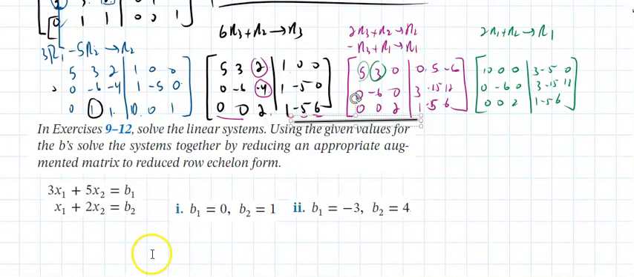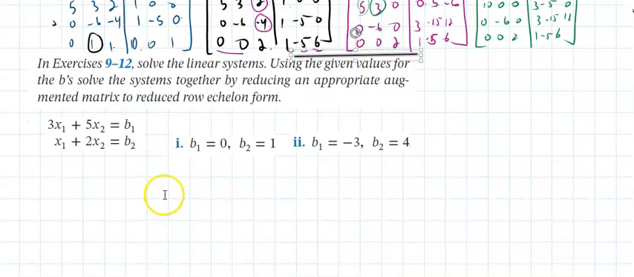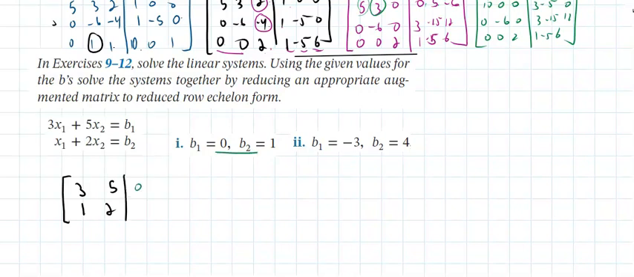Now, when I get to this problem, they say, okay, solve the system of equations given the values of b's. Notice we have two values. So the way I do this, I say, well, there's 3, there's 5, there's 1, there's 2. First, I will list those 0, 1. I'll put a line, and then I'll put those negative 3, 4. Now, if I solve this like I do traditionally,